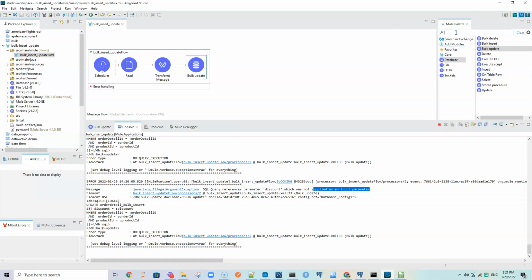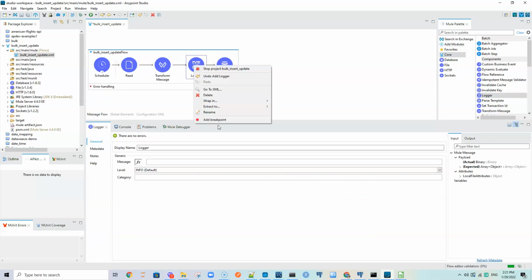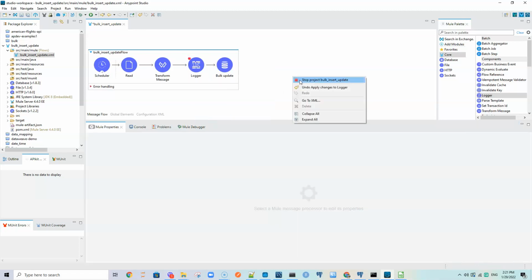Okay, let's add a logger. Let's go to core here and add a logger here in between and add a breakpoint to see the payload. Maybe the column names are slightly different, or there could be something else happening. Okay, so stop this